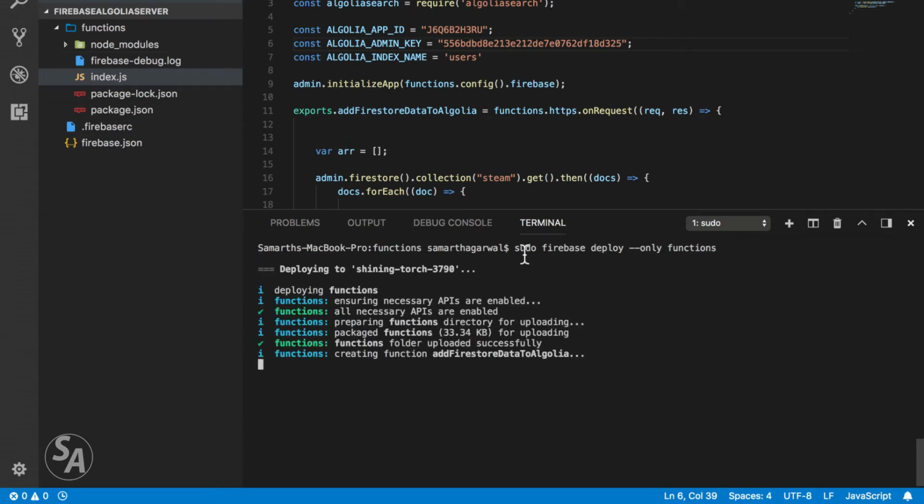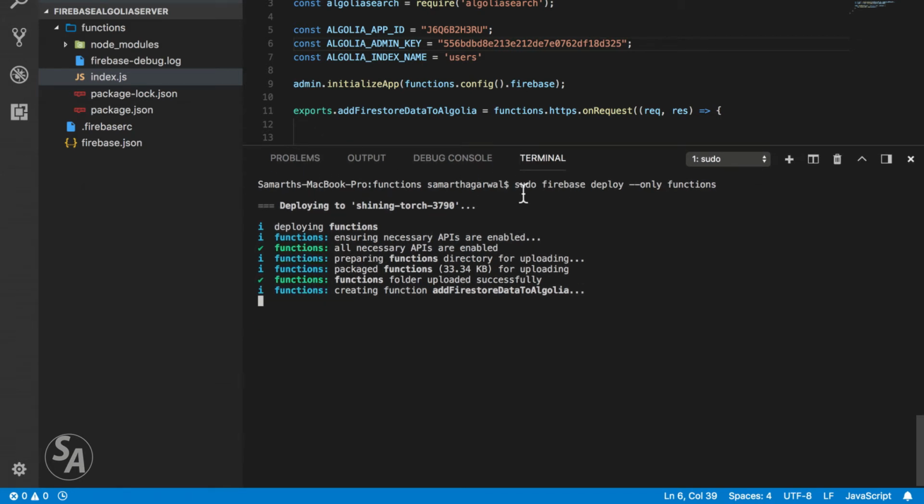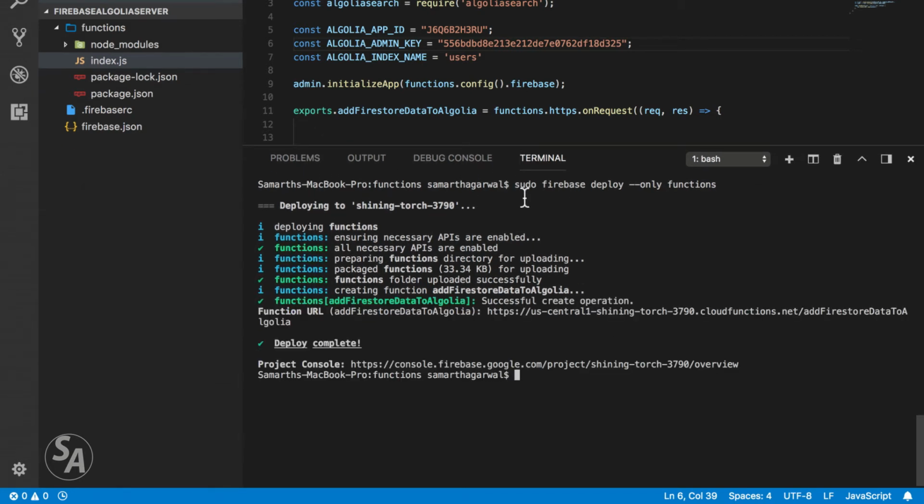Once done, you'll get a URL that you can use to call this function from your browser. So I'll just copy this URL from here, paste that in the browser, and you are good to go. The function will be executed and all the data from your Firebase Cloud Firestore will be saved to your Algolia